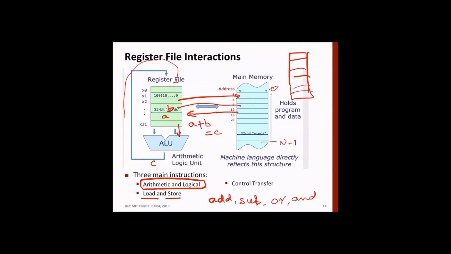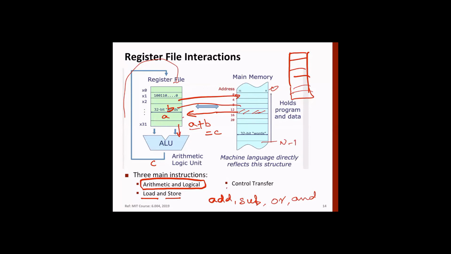When we say load, it means the value of A is brought from the memory location into the register file. Store means the value of a register is stored into memory, like C is to be stored into memory. So the three instruction types are arithmetic logic unit, load and store, and third is